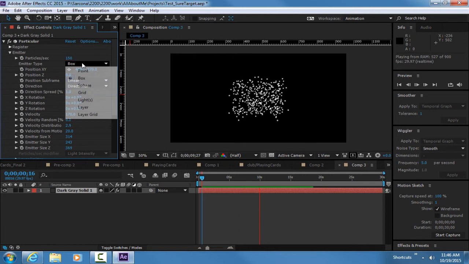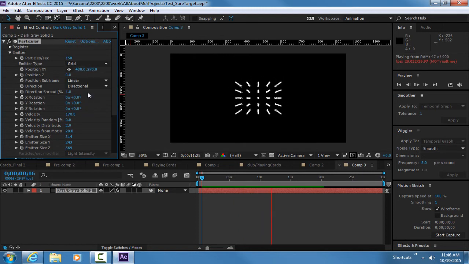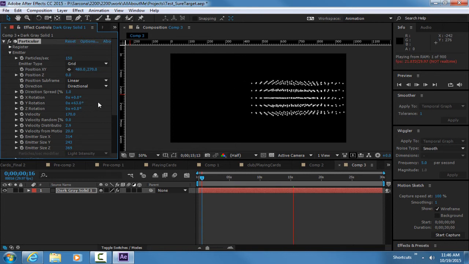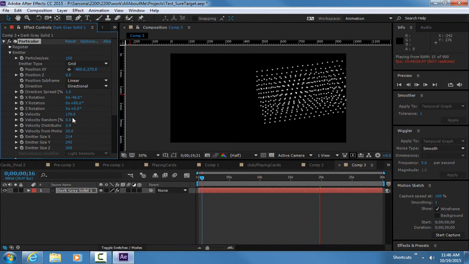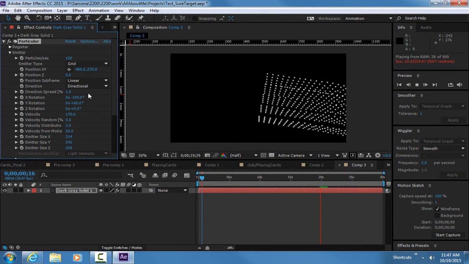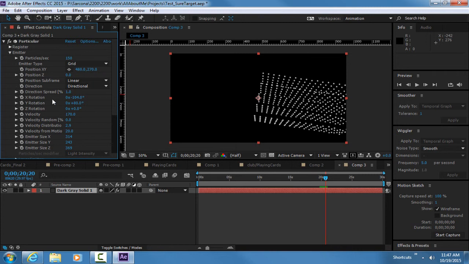Okay, and then we can change this to a grid, and then we can rotate it. Okay, so depending on what you're trying to do, that's where you can get this kind of stuff. And that's where the direction is under this rotation, now that I'm remembering. Okay,